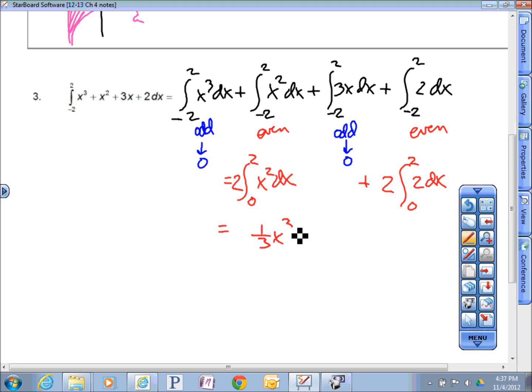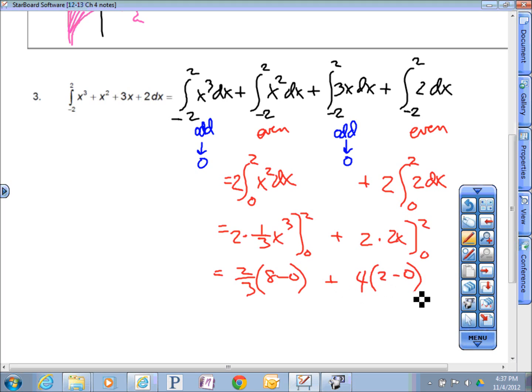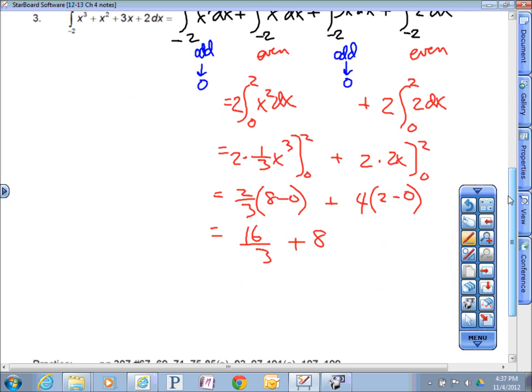1/3 x cubed. I'm doubling it, and I'm going from 0 to 2. Plus 2 times, let's see, that would be 2x, going from 0 to 2. Plug your values in. So this first one, I've got 2/3 times 8 minus 0, plus 4 times 2 minus 0. Clean it all up. 8 times 2 is 16/3, plus 8 would be 24/3, plus 16/3. Put those two things together,